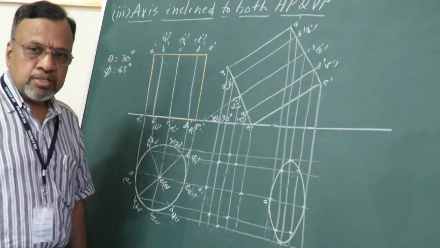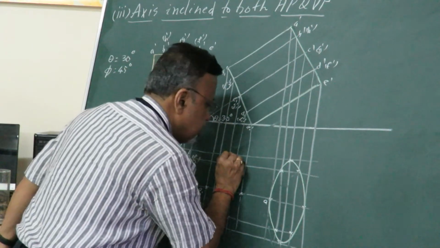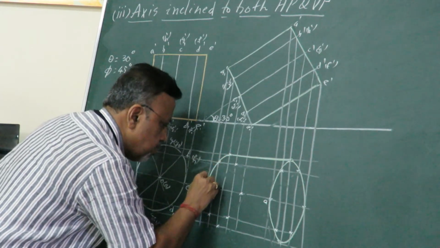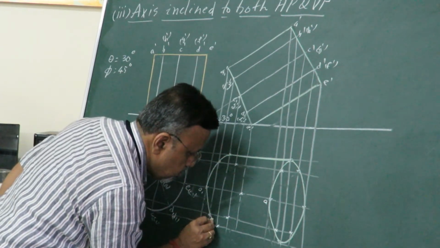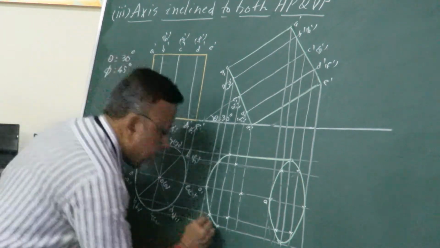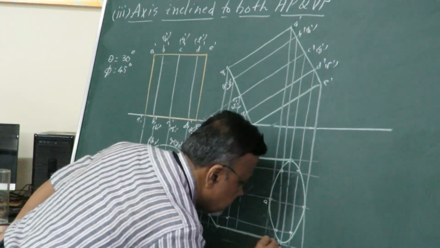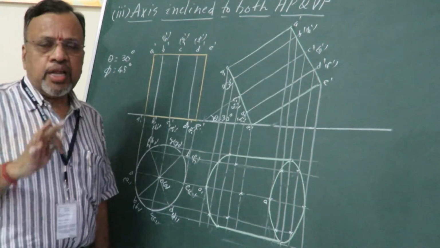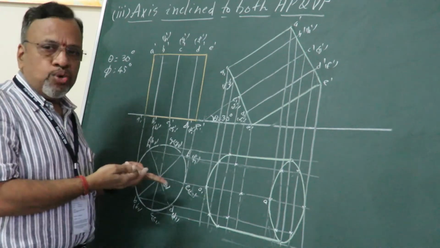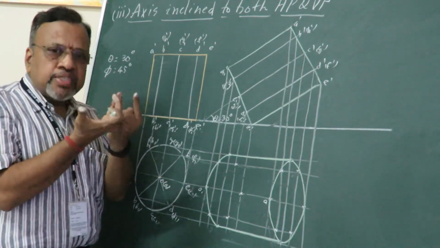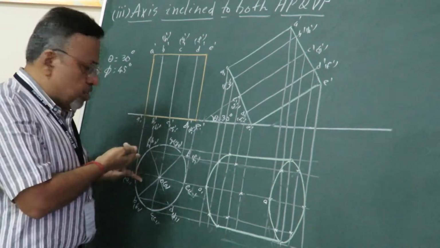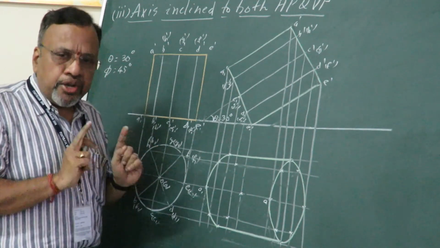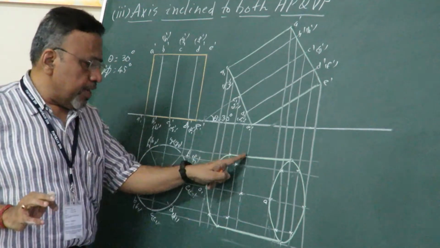So which is the next step? Boundaries. So the boundary is this particular line, then this particular portion of the curve, like this. Third step, no third step here. Why? I told you there are longer edges or slant edges, but anyway you know that for a cylinder it is only a curved surface. On that curved surface I have just assumed some generators, so I can assume hundreds of generators. So no need to show all the generators, I need to show only the end generator. Already I have taken care of the end generators.